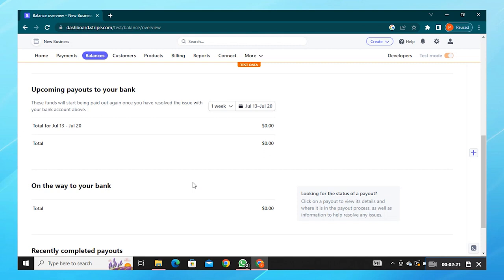Click on Balance and tap on Where are my payouts? You can see the information here in Payout. Just simply click on Payout and you'll get more